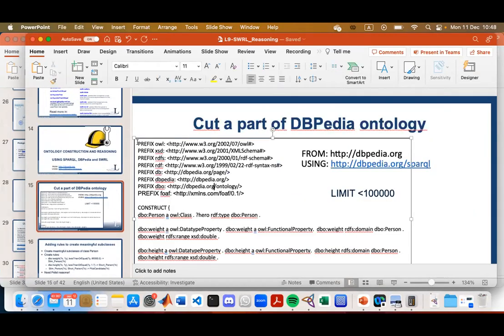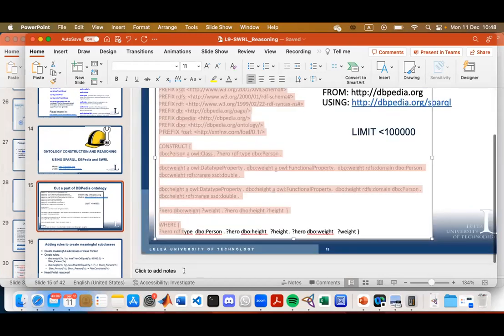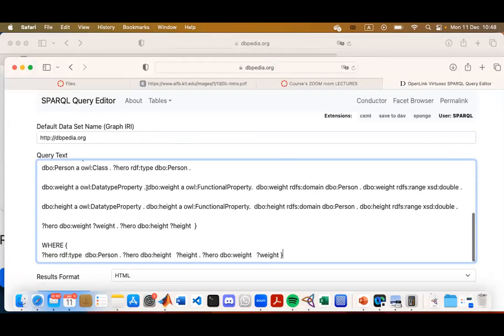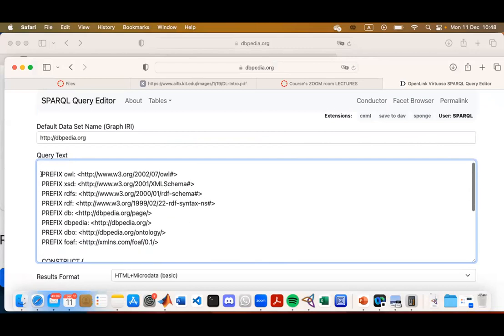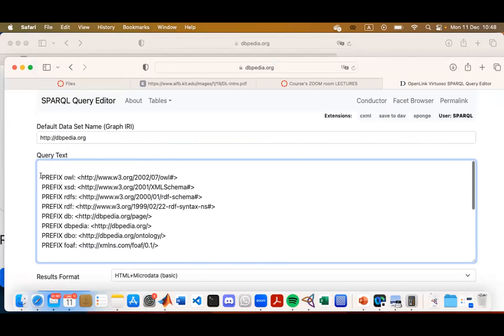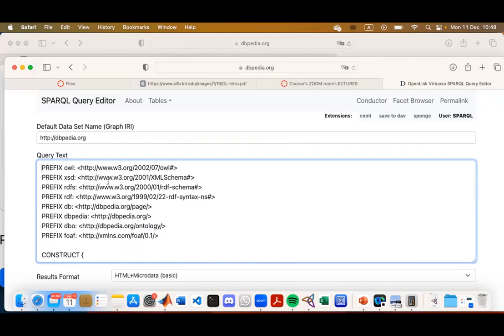Let me copy it first, and then I will make it somewhat nicer. Here we define prefixes for different namings.